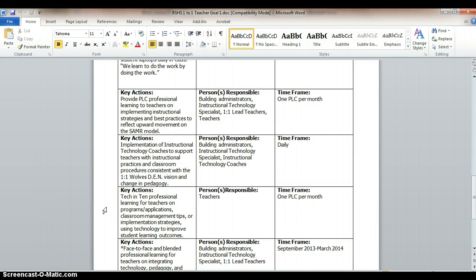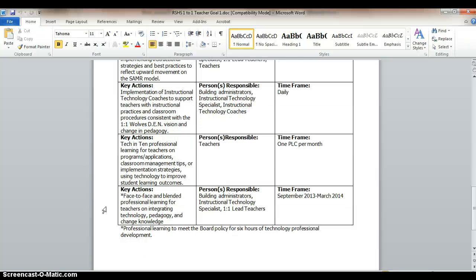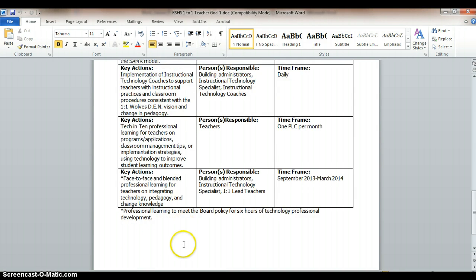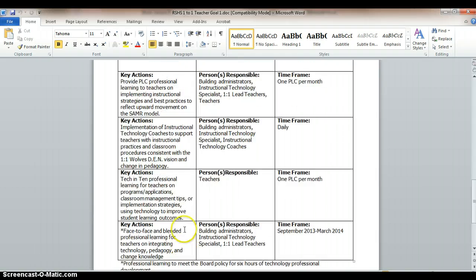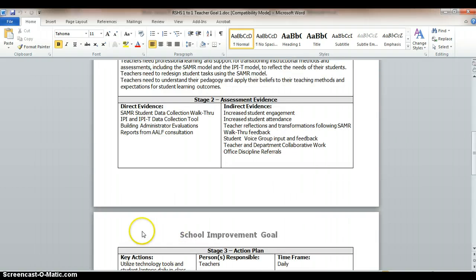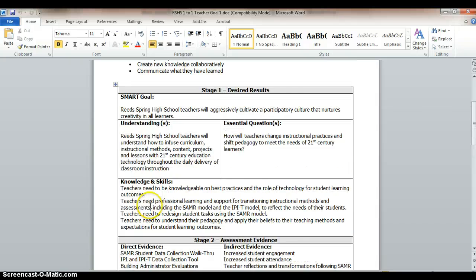Next, we're going to do Tech in 10, professional learning for teachers on programs, applications, tips, and strategies to improve student learning outcomes. And then finally, face-to-face and blended professional learning. This is where we get our 6 hours of tech in, along with everything else we do in PLC, for teachers on integrating technology, pedagogy, and change knowledge. And this is it. This is what it looks like. We've come up with one goal for teachers that's manageable, and we go back and see that we're on track